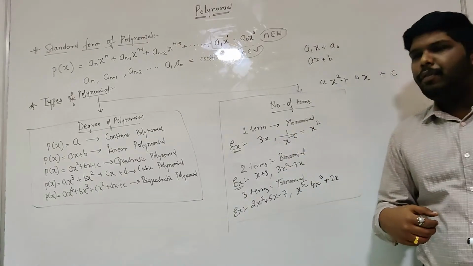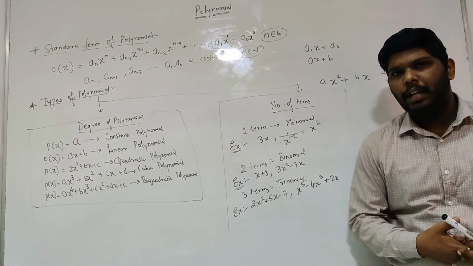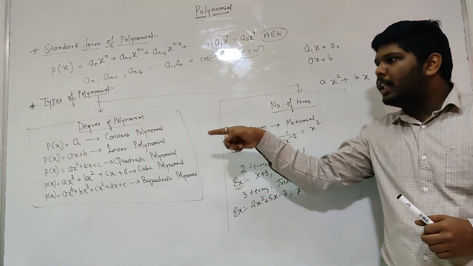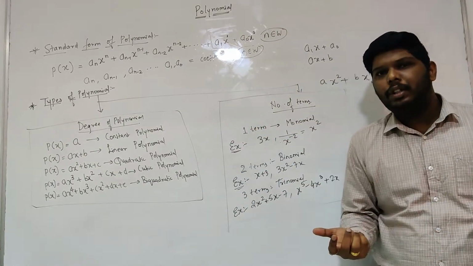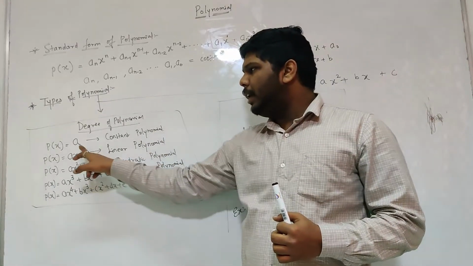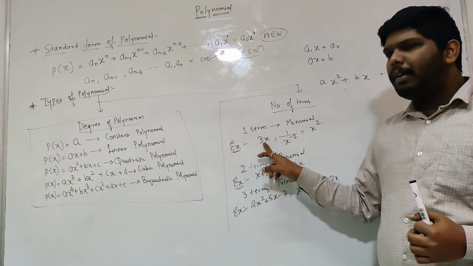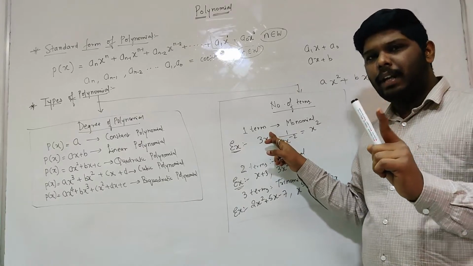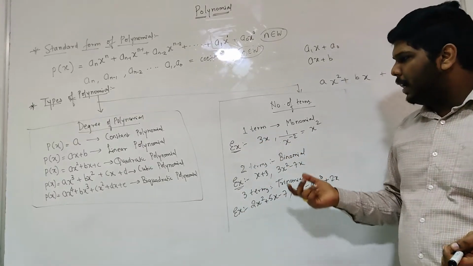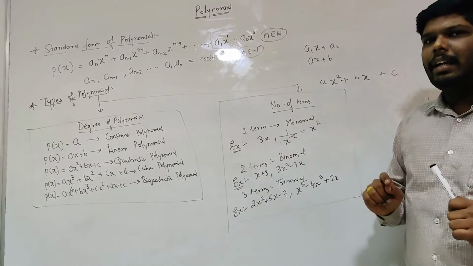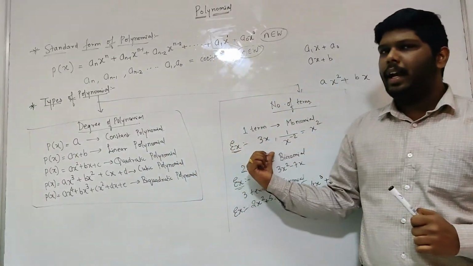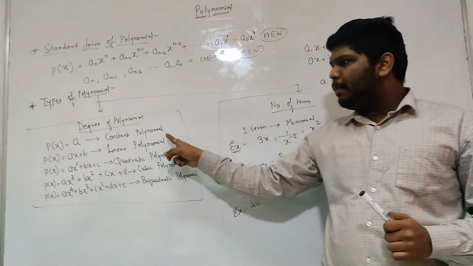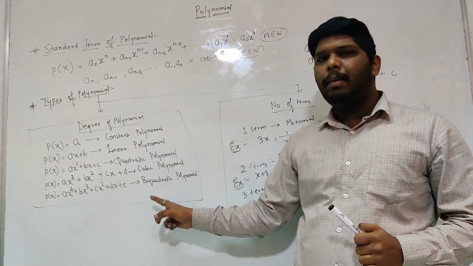Now here there might be some interesting questions. Suppose we have a true or false statement. If I ask you, a monomial should always be a constant polynomial, is it true or false? The answer is false, because when I say constant polynomial, the degree of x has to be 0. But in this example, we have taken a linear polynomial also. See, here the degree of x is 1. So it can be any type of polynomial. It doesn't mean that if it is a monomial, with only a single term, then only a constant polynomial can enter. Any of the categories can enter here. A monomial can be constant, linear, quadratic, cubic, or biquadratic.